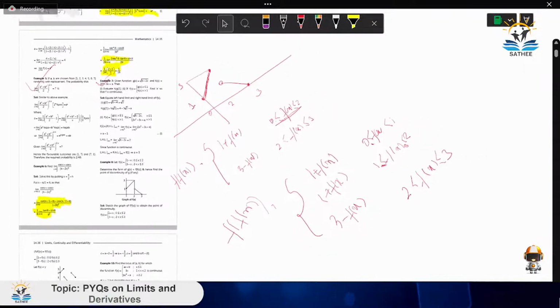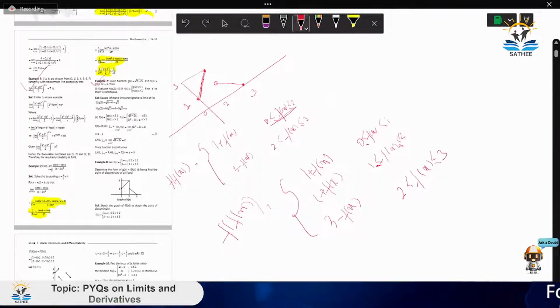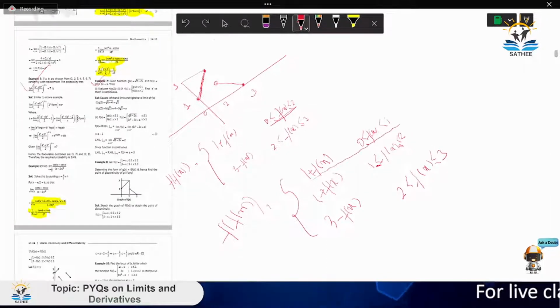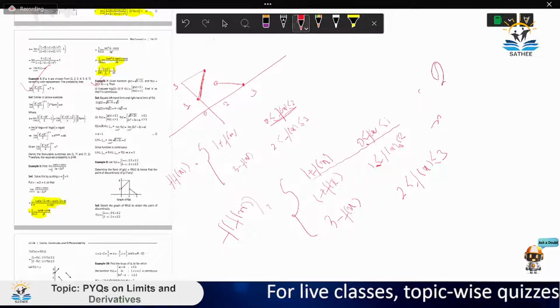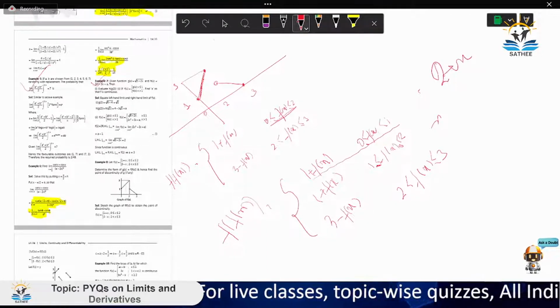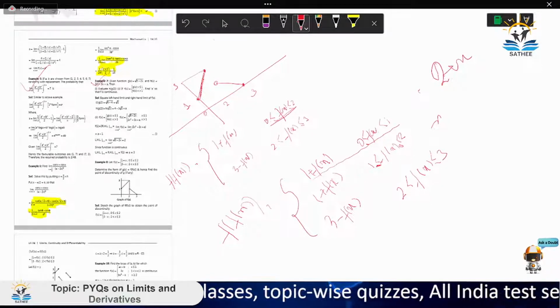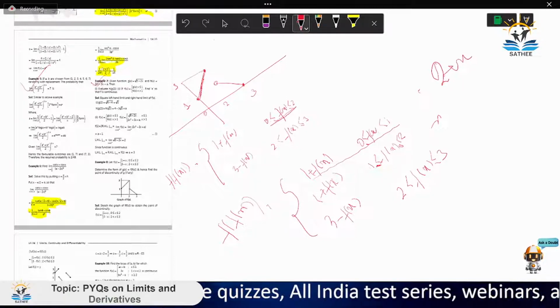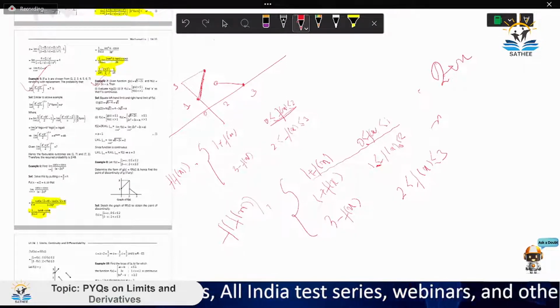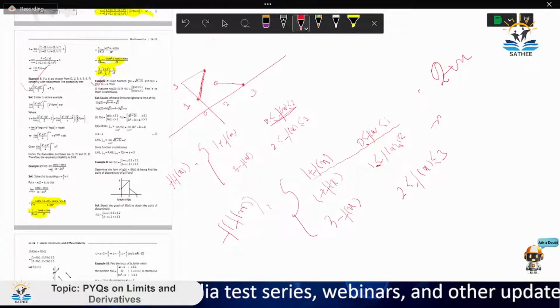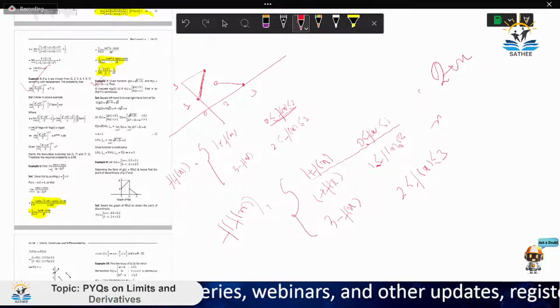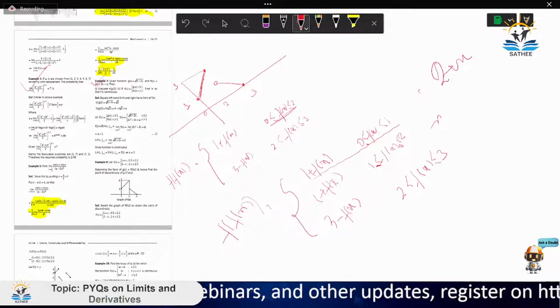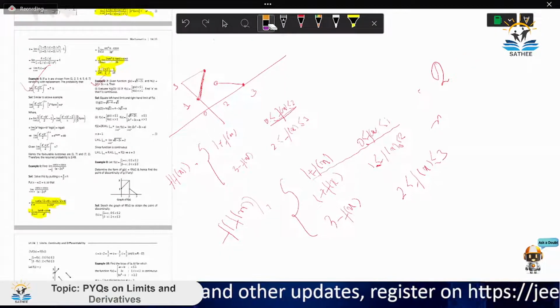अब इसको सॉल्व करने का तरीका कैसा होगा कि 0 से 1 के अंदर f of x क्या है अपना 1 प्लस x, तो ये कितना हो जाएगा 2 प्लस x, और यहाँ पे f of x की वैल्यू क्या हो जाएगी। ओके सो आई एम रॉन्ग, अगर f of x 0 to 1 के बीच में है तो मुझे यहाँ पे